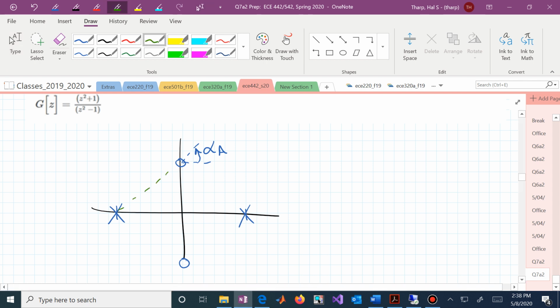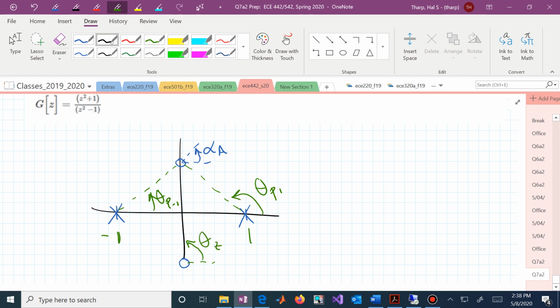We measure this angle, and I've tried to lay this out so that you can quickly see what these angles are. You have this angle, let's call it theta p1, that's at 1, and let's just call this angle, looking from this twisting all the way until we see that 0, theta sub z. Our phase angle